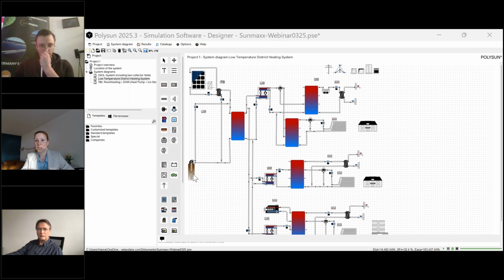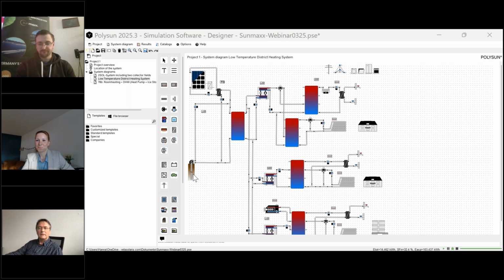And it also depends on the use of the thermal heat and on the regeneration with the PVT. So there's a lot of complexity and degrees of freedom in here, which makes it hard to answer, but you can simulate it and find the answer yourself.